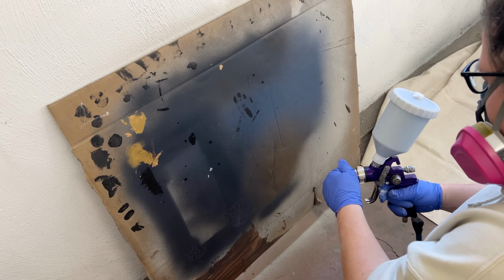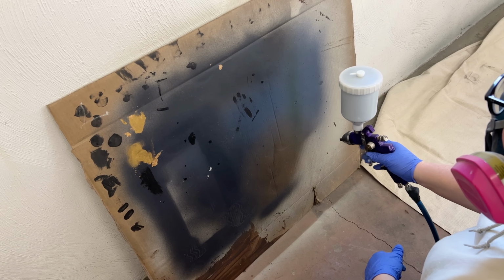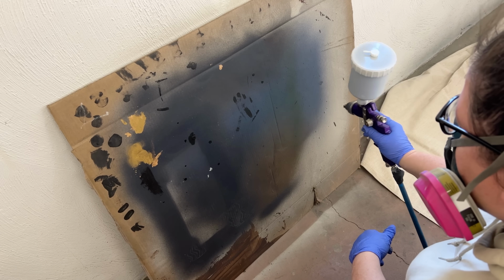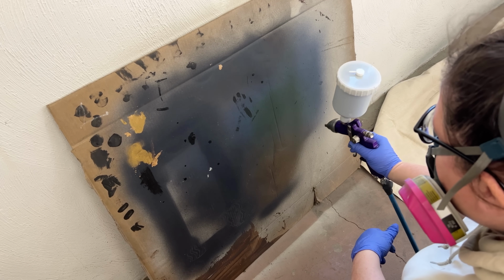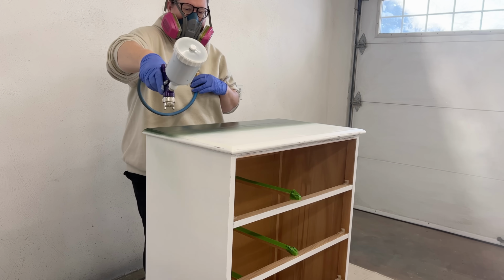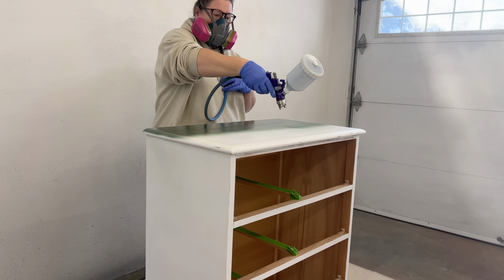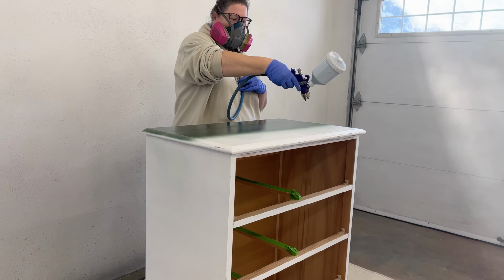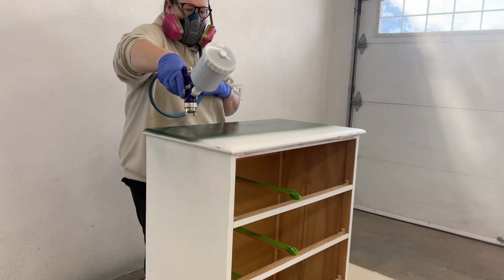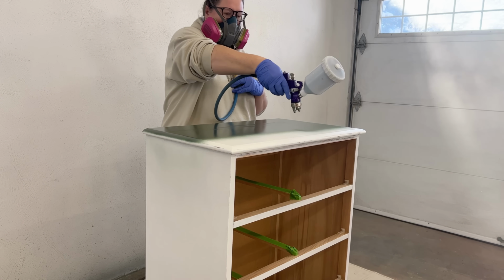Then I hooked the gun up to my air hose, tested out my spray on a piece of cardboard, and once I had all the settings dialed in, I moved over and started spraying the chest. You want to have enough paint coming out that it's not giving you full one coat coverage, because that will start to drip and sag as it's drying, but